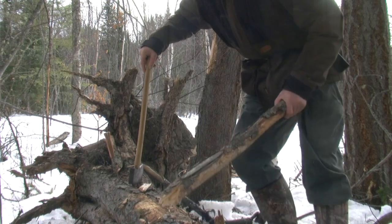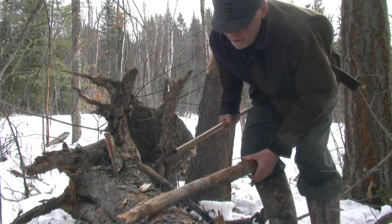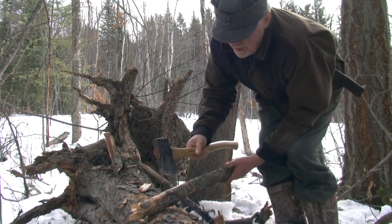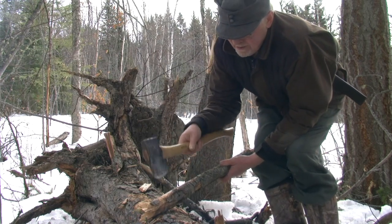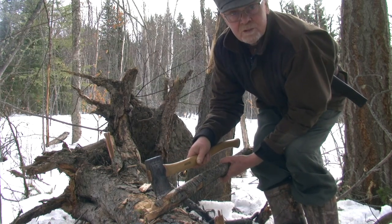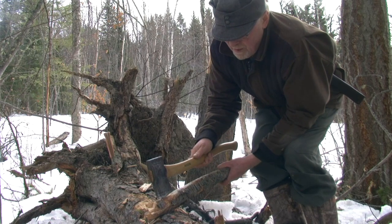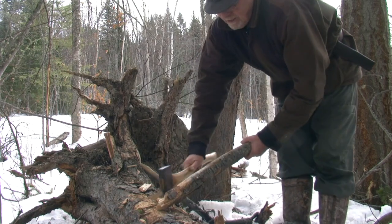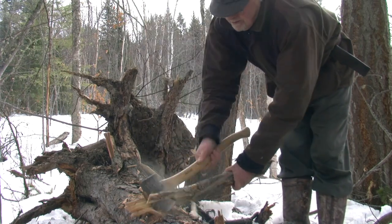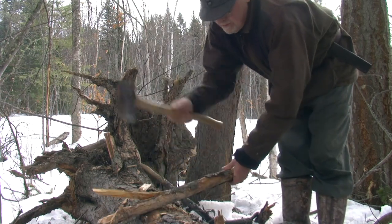So again, if you don't want to get into using a knife to batten, a nice axe like this, made up, was £1.5 head, and total weight is just short of 2.5 pounds. Very easily backpackable, will shave feather sticks, and will certainly process down